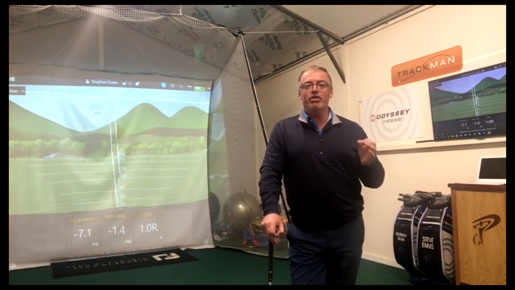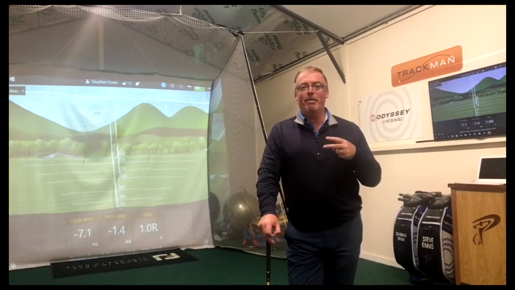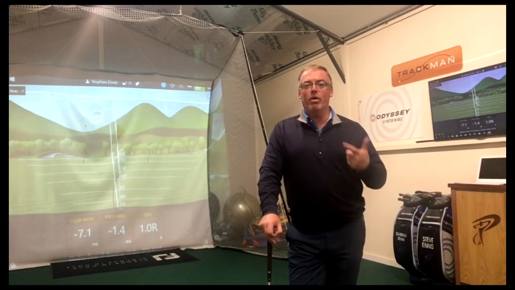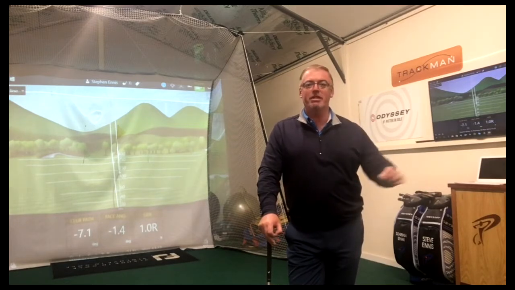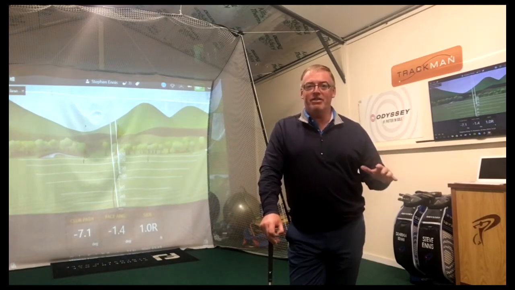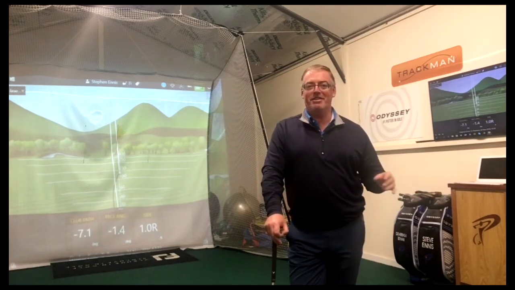Now, there are two key elements at play when we look at this. We have our club path and then we have our club face. They're the two key components in deciding where the start line is and what way the ball will curve. Now, if we're using woods, I know somebody's going to pull me up on this. If we're using driver, 3 wood, so forth, with a curved face, then a centered strike is important. Fully accept that. But let's focus on iron play initially. We can come back to a centered strike.